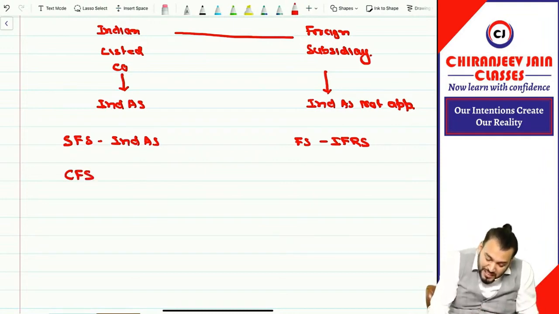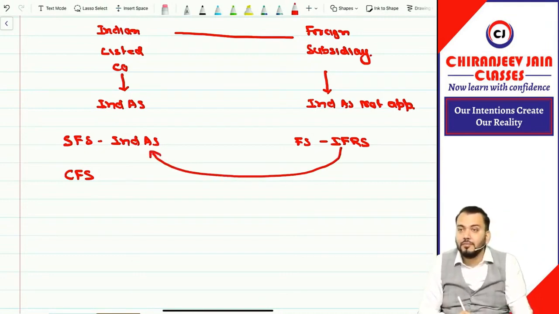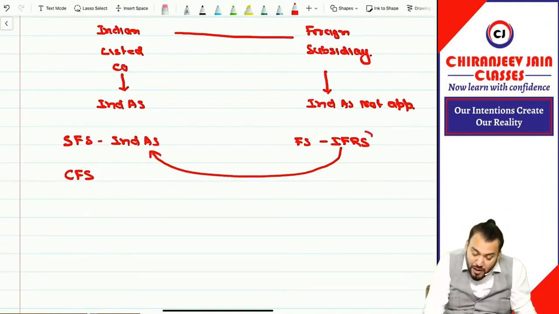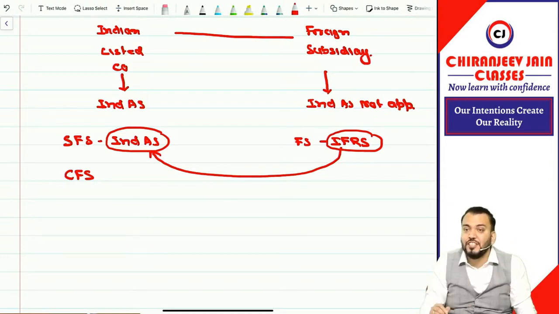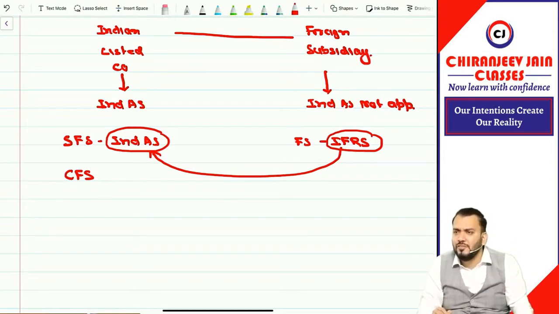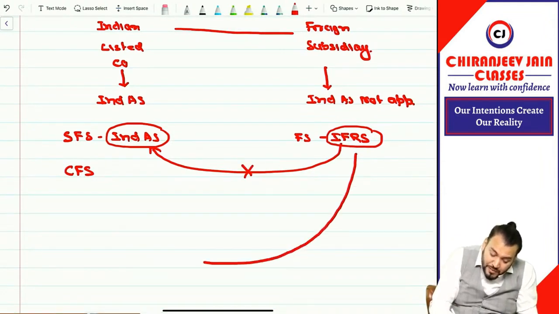Now, whether this can be consolidated, because this is based on what? This is based on what? So can we consolidate these financial statements? Yes or no? No, we cannot. So, can I say, for consolidation,